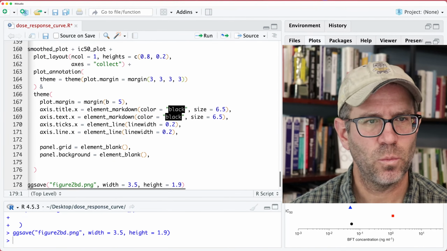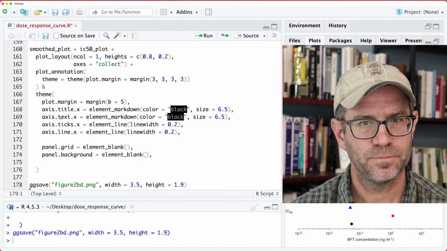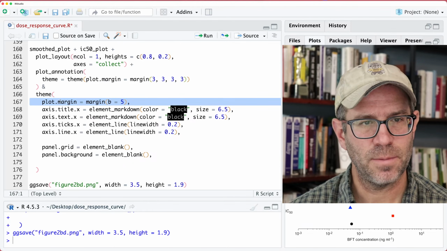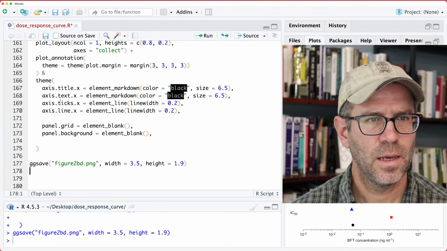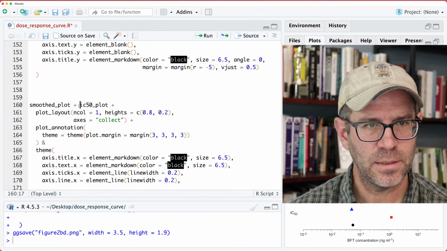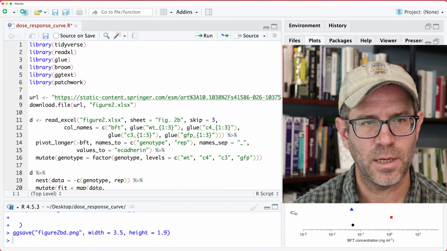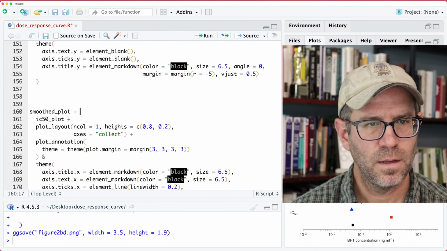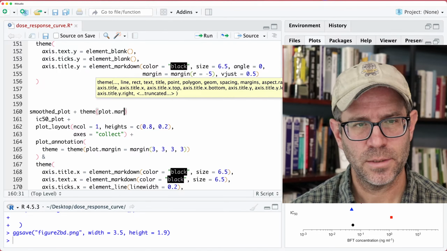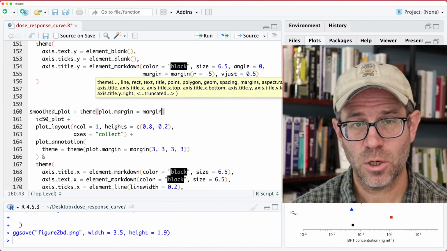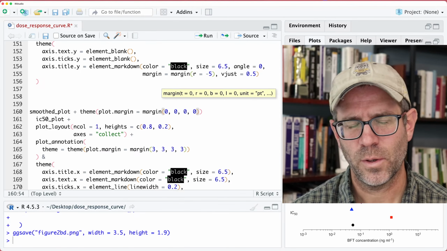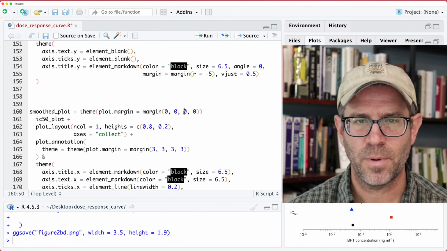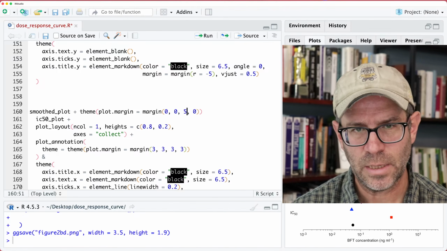So that's being very weird. So I think this plot margin is behaving odd. So let's turn that off. And I think what I'll do instead is come up here, and for each of the 2 plots, I'll do theme plot.margin equals margin, and then let's do 0 all the way around, but so that it goes top, right, bottom, left. So on the bottom, let's put like 5,